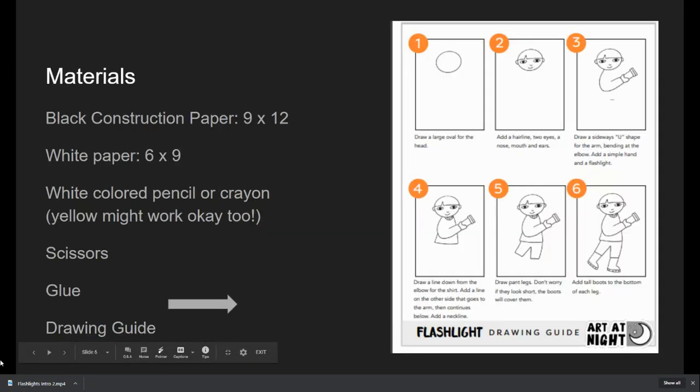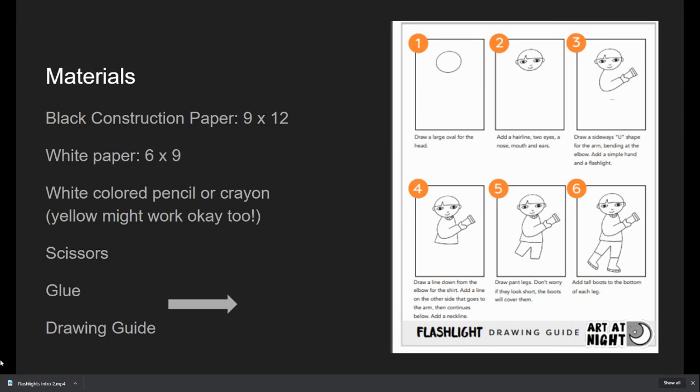Next, we're about to start on the art project, and so there's some materials that you're going to need today. You're going to need, ideally, some black construction paper. I understand that some of you may not have this if you're working from home, but hopefully you have something you could use. You could even use a dark blue, or if you don't have black or a dark blue piece of paper, you could just use a regular piece of paper for today, but hopefully you have some kind of colored paper. You're also going to need a white paper,